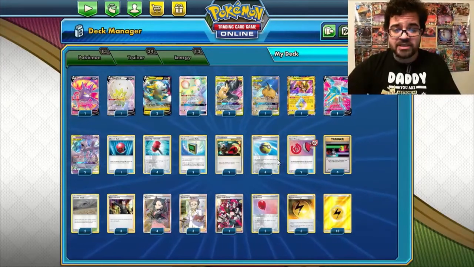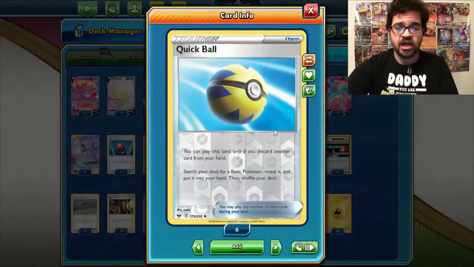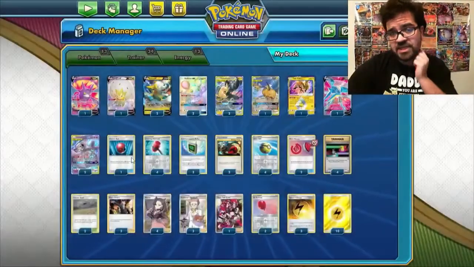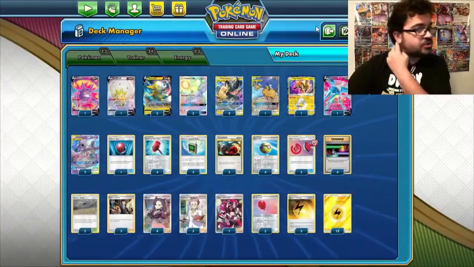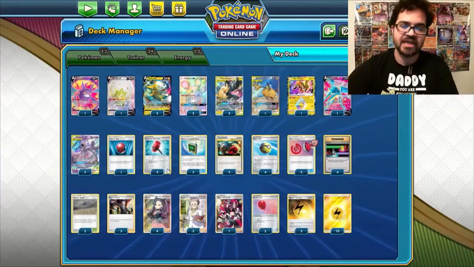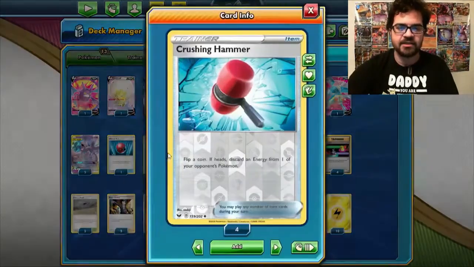Some decent amount of consistency cards in this deck. So there's a total of 7 Pokemon searchers, which are Quick Ball, which searches you any basic, Electromagnetic Radar, which searches your GX lightning types, and a single copy of Cherish Ball just for some additional consistency to be able to find the PikaRom to put it in the discard pile, or the Raichu, or just to get your Mewtwo set up. From there we have Double Reset Stamp for some disruptive cards, and to complement that we have